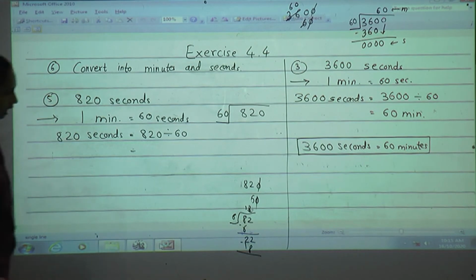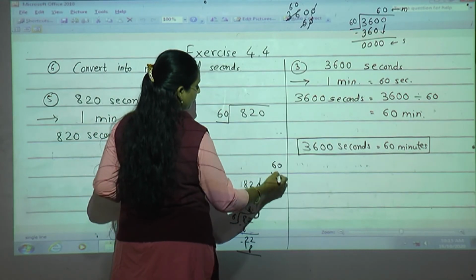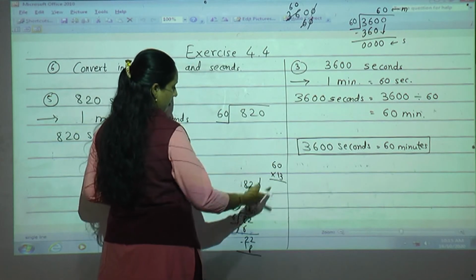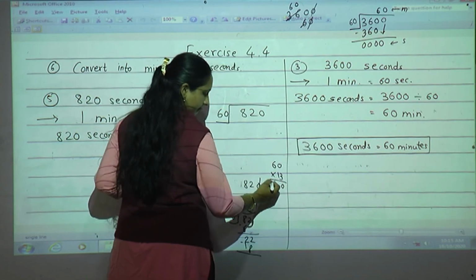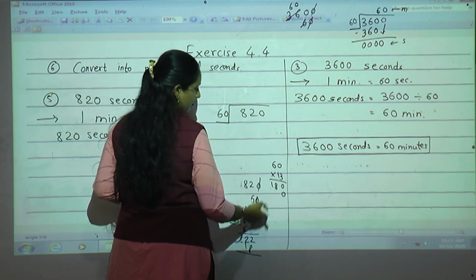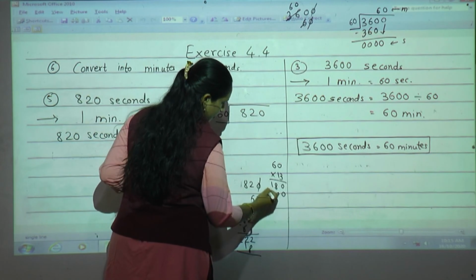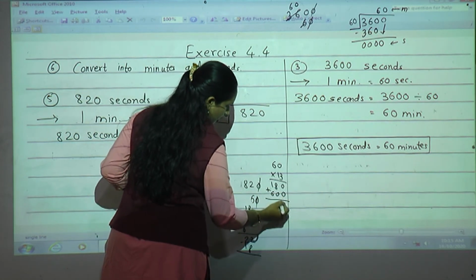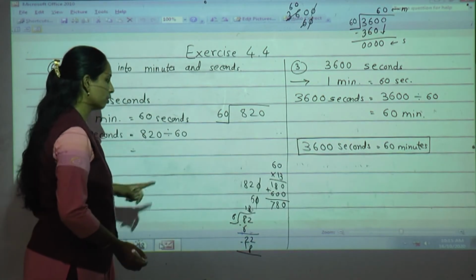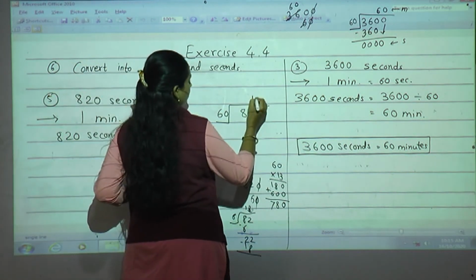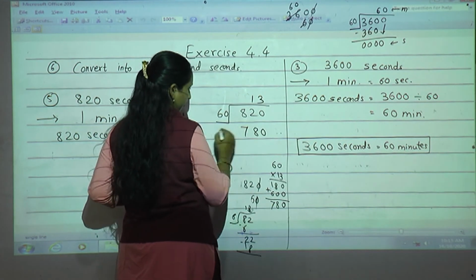So what I'll do, I'll try with the actual number, 60 multiplied by 13. See, 0 as it is, 6 threes are 18. I will give 8, then I will go with the tens place. 1 zero is 0, 1 6 is 6. We will add now 0, 8, 7. See, it is near about the same. So I will write 60 13s are 780.